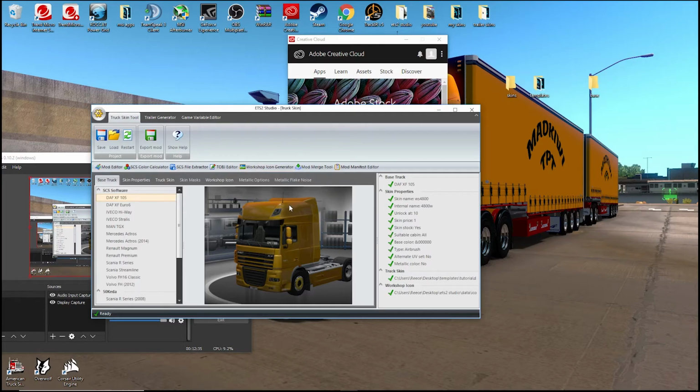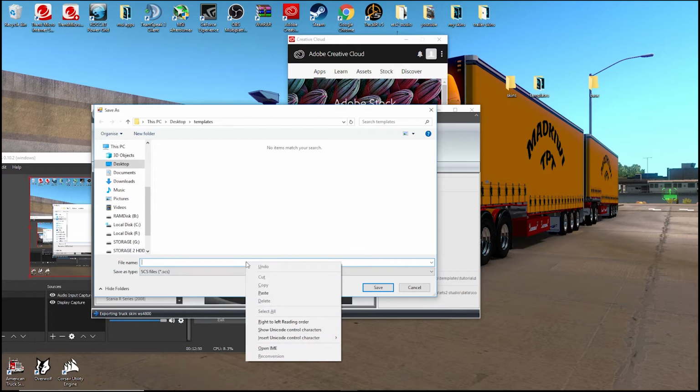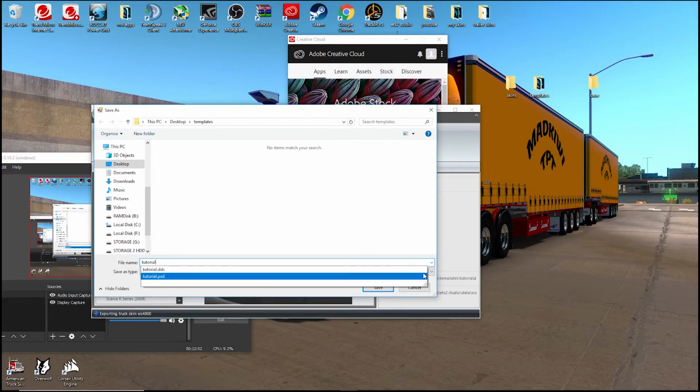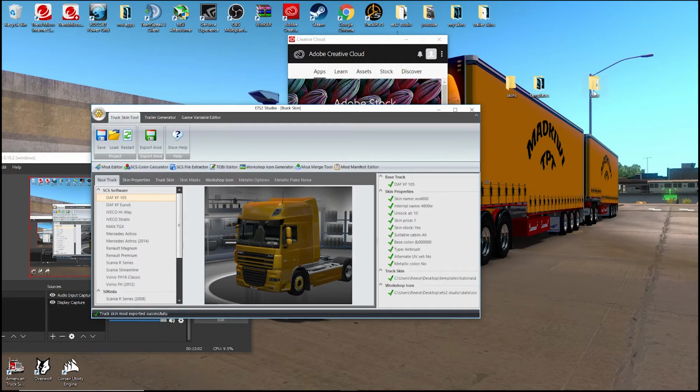And I did sort of make a little bit of a faux pas. When we saved it from Photoshop, I should have taken note of where it was saving to, and you save it to your skins. Makes it easier to find. So export mod, and we're going to name it tutorial. We want to zip,